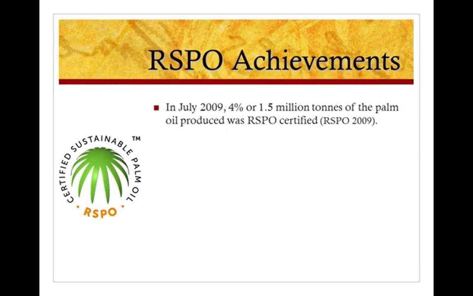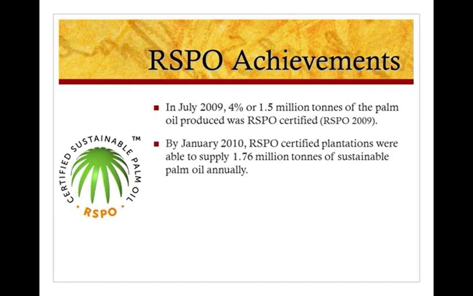In July of 2009, 4% of the palm oil produced was RSPO certified. That may not seem like a lot, but certainly a good start, and we're seeing increases there. By January 2010, RSPO certified plantations were able to supply 1.76 million tons of sustainable palm oil, and that's up in just a year from the previous statistic that I showed you of 1.5 million tons. So again, you don't need to worry about the specific numbers, just understand that we are seeing an increase in